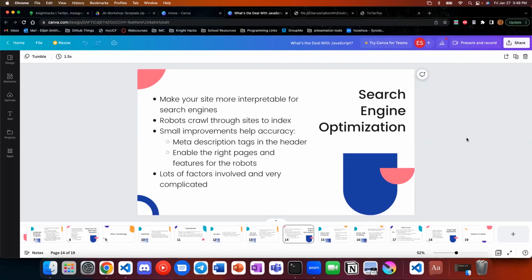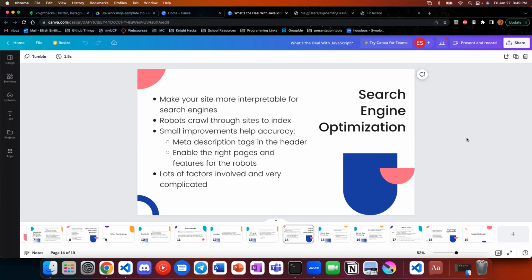Search engine optimization. So if you are making a website, you most of the time want people to be able to find it very quickly on a Google search. If you don't show up on a Google search, then no one's going to find your website and you're not going to have any traffic and you're not going to make any money from it.